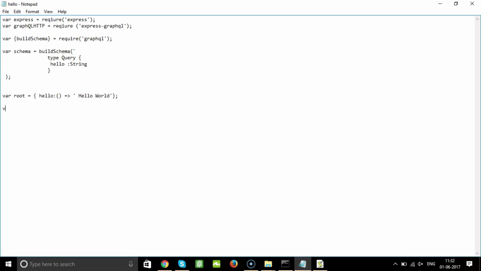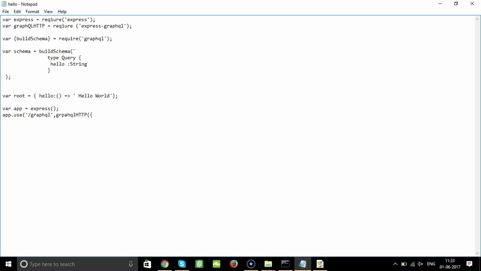Then you have to say var app equal to express, then app.use, and in the bracket you have to say /graphql, comma, graphqlHTTP, sorry, the P has to be capital,